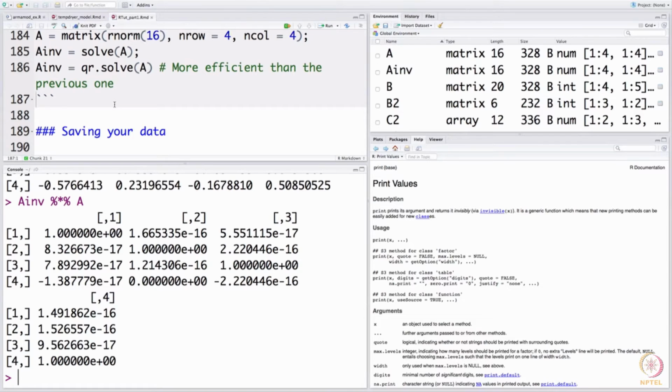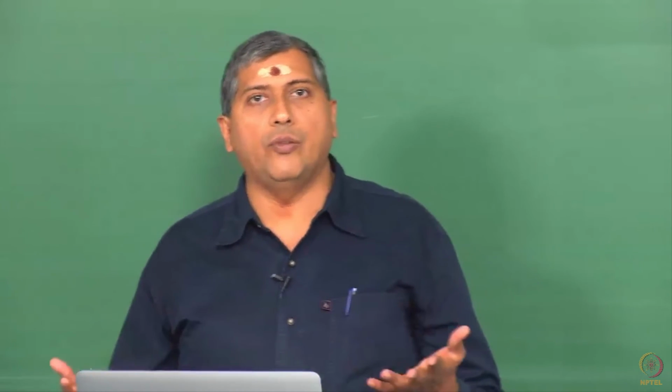Now, we have done a lot of things, we have learnt a lot of things. We have learned how to create scalars, perform operations on them, then how to generate vectors in different ways, matrices in different ways, performing operations on them and so on.